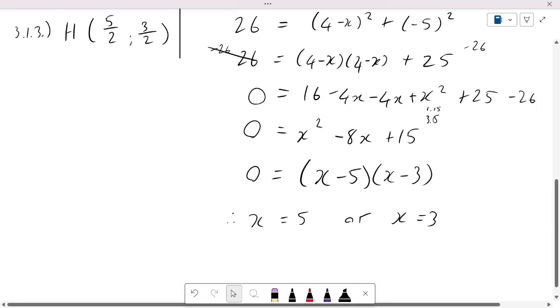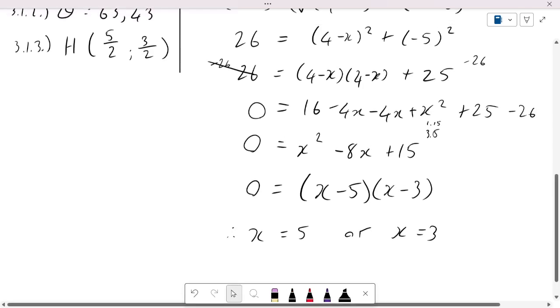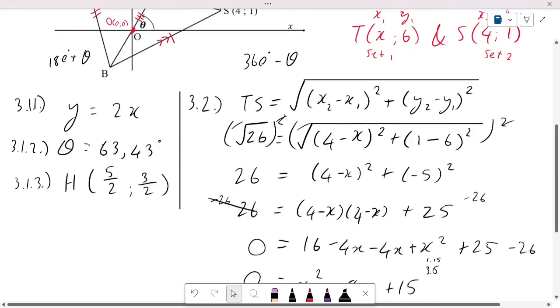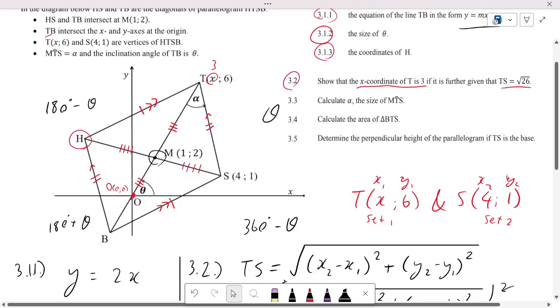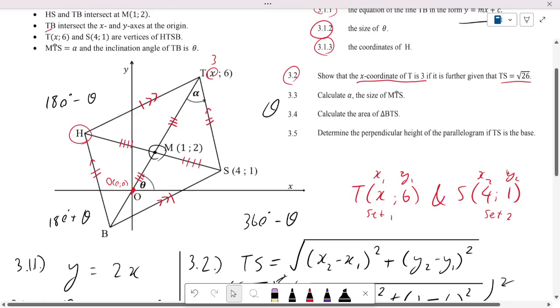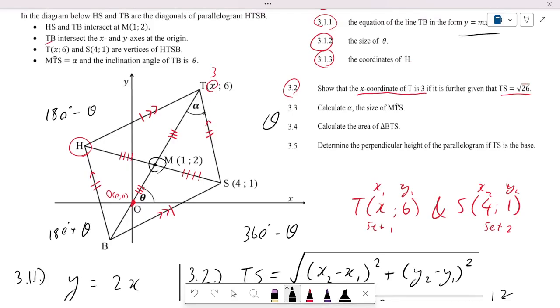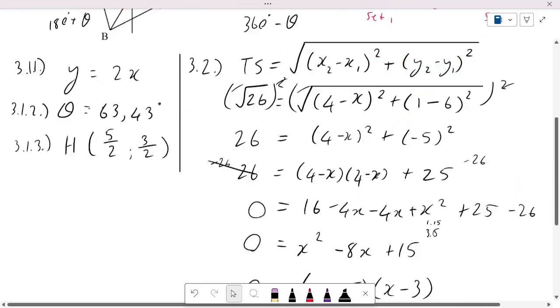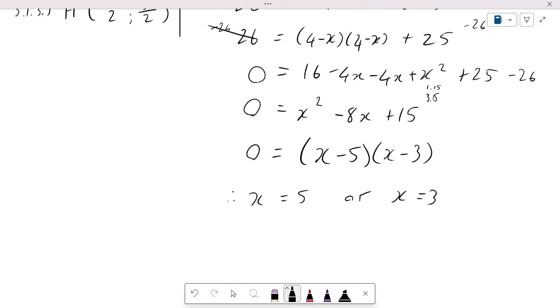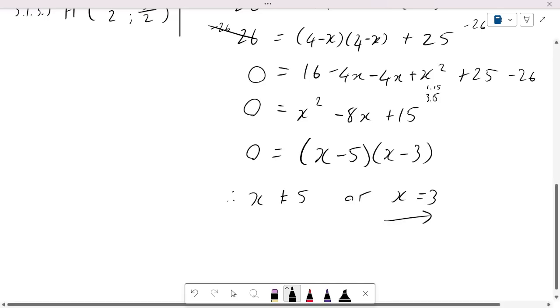Now we need to choose which one is correct, because we can't have two values for x, right? So we need to see where t is placed. So could it be 3? Well, let's just look at this, right? Could it be 3? I remember now from the question, it says to prove that it is equal to 3, and there we go. So therefore, it cannot be equal to 5, and therefore, x is equal to 3. So there is the answer for